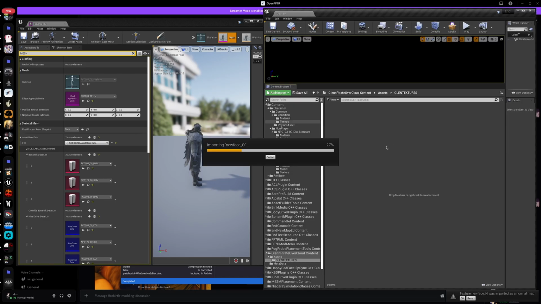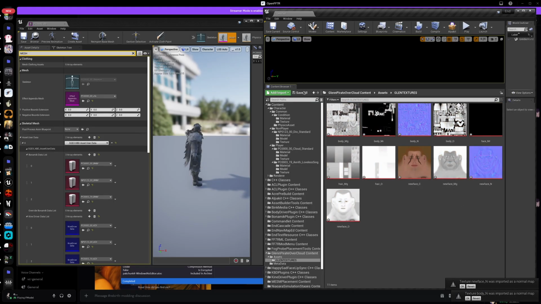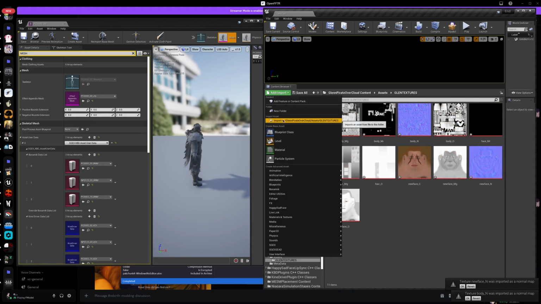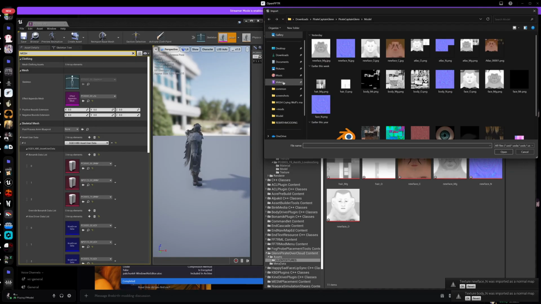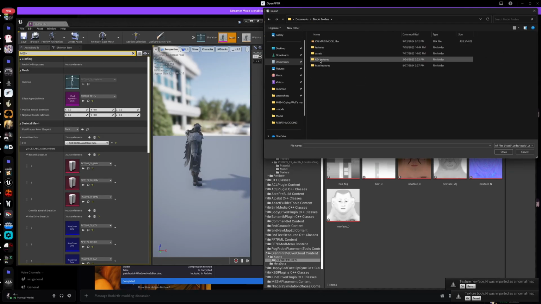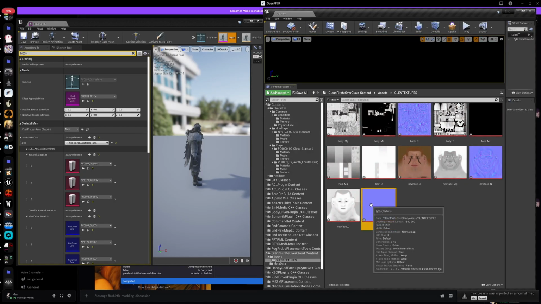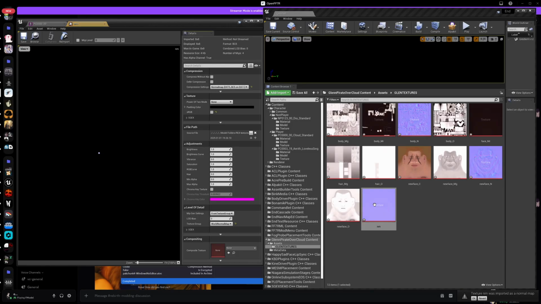One thing I'm missing is a normal map for the hair, so let me go ahead and find that. I have an extra one in one of my documents folders, so I'm just going to go ahead and copy that over. There we go. This is just a blank normal map. Scoot in. It's very, very tiny. Alright. So,